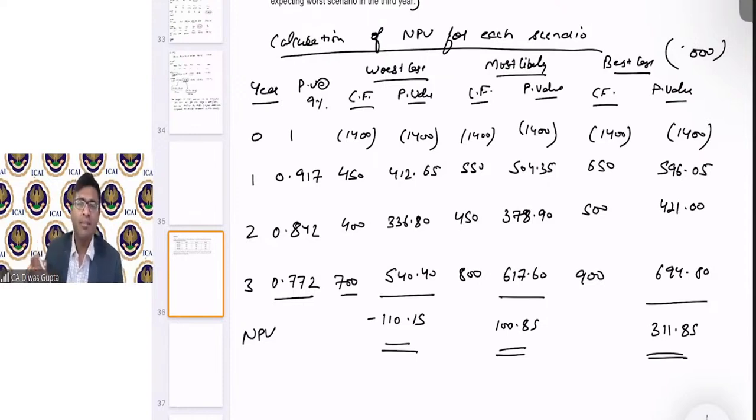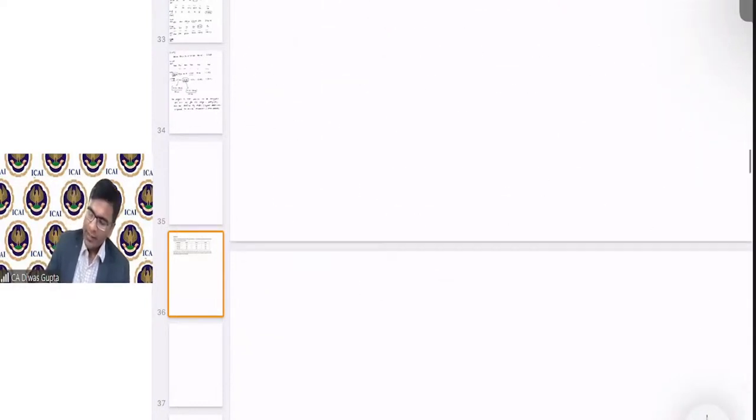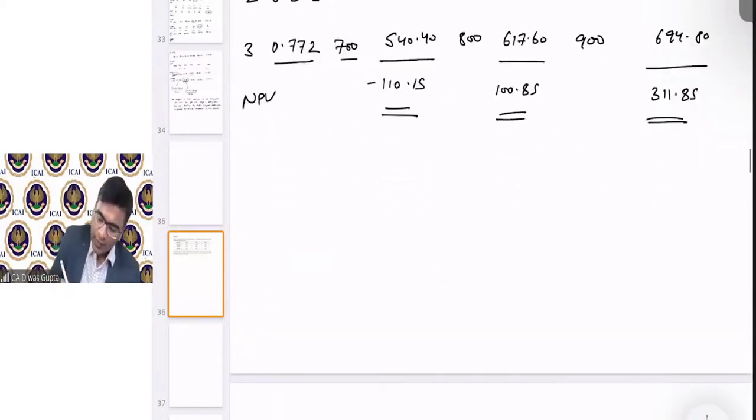Very easy and very simple. So I think sensitivity and scenario, only by name they look difficult, but in practice or in actual execution, these are very easy and very simple. Right. Then let's come to the second part. So the calculation